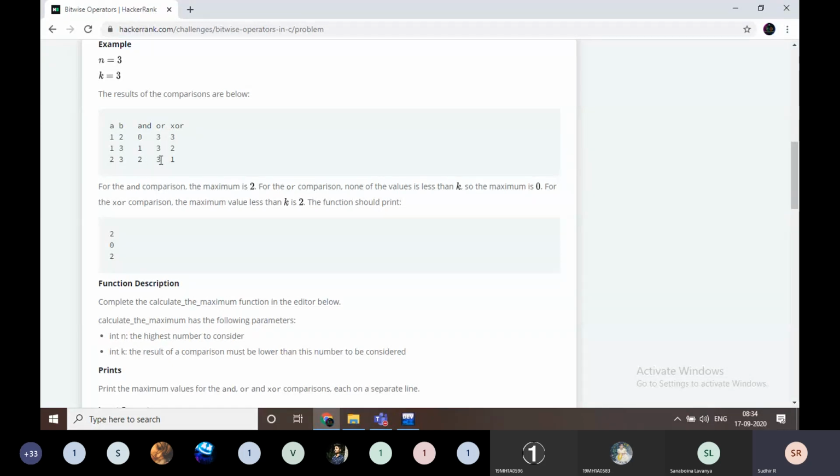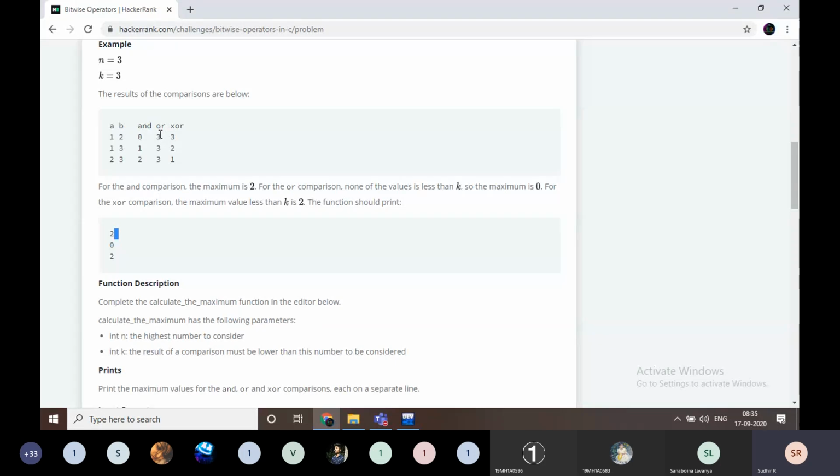But the value of k is 3. These are the AND values: 0, 1 and 2. What is the maximum value in this? That is 2. Is it less than k or not? Yes, it is less than k. Then 2 is the output here.